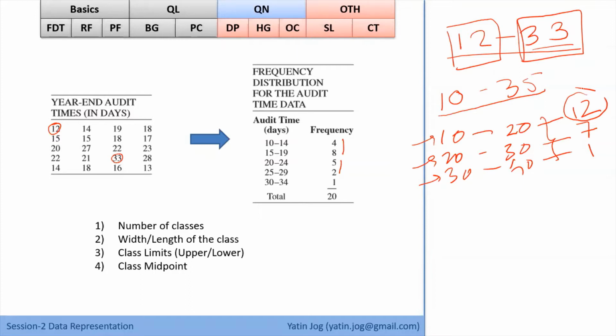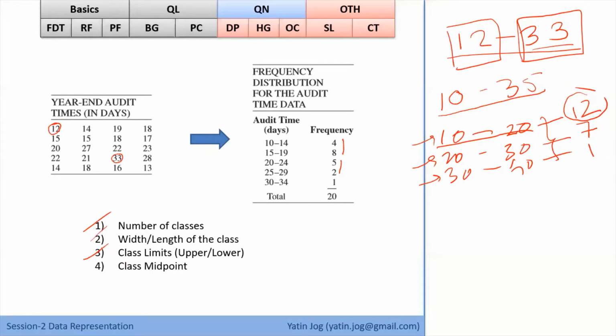Because if you don't get a proper distribution of data, then you cannot analyze that data properly. I'll come to data distributions and histograms in this session itself. But for defining the number of classes, you should have enough distribution in each class interval so that you can go ahead with analysis. If one class interval consists of more than 50%, almost 60% of the data, then my distribution is not correct. Even if I use the same data for analysis, I will not get a correct analysis out of that data. So that is what is important: the number of classes, the width of the class, and the class upper limits and lower limits.